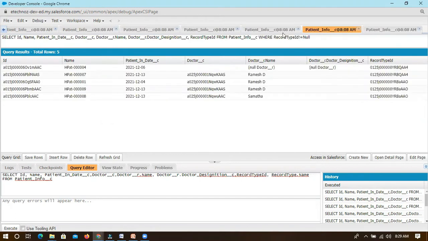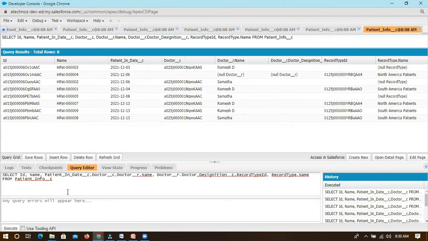Let me quickly show how we can see it. Don't go back, don't do it from there. Directly, we can click place. You can have multiple options here. Select the query editor and write all the fields you want to check. We have discussed this multiple times. This is the object, and from this object I want to check all these fields. If you can see the total, 8 records are available.